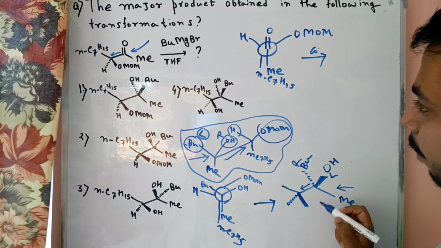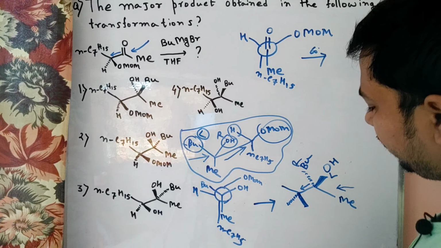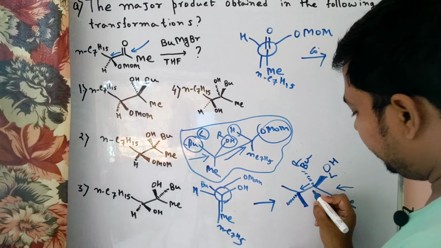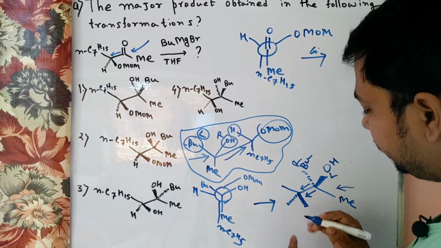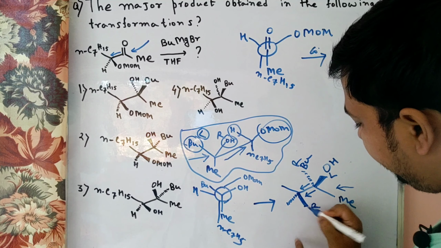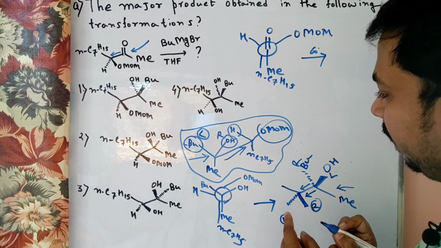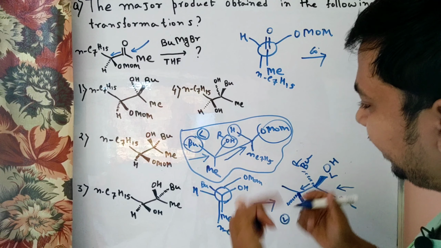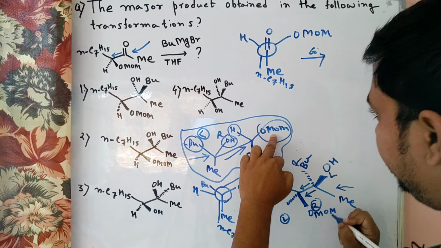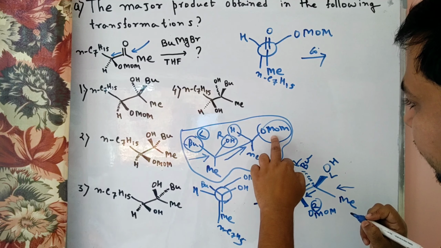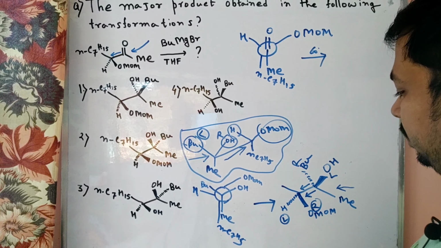So when you present on that position, which one is our right side bond and which one is our left side bond? You just present on that bond. So our right side we can easily say is this bold bond, and left side we can easily say is the down bond. So we easily placed here our MOM group on the right side, and then our hydrogen group is on the downside.